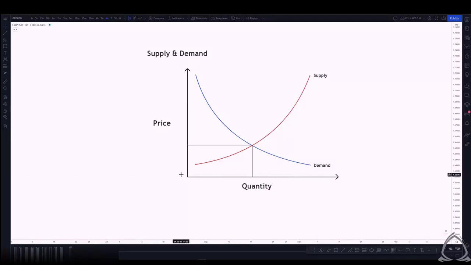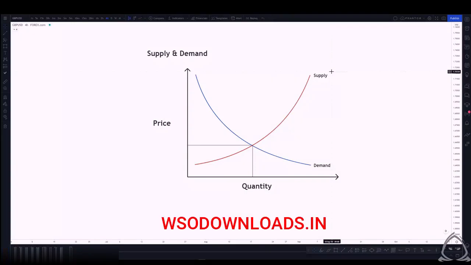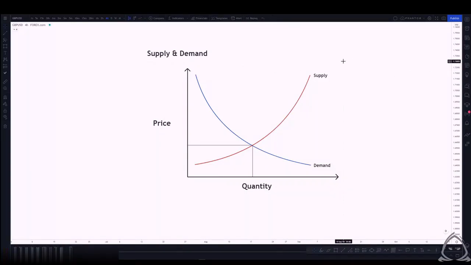And very simply put, as price increases, the demand for a particular commodity tends to decrease. And on the flip side, the supply for that commodity increases. And there's two reasons why it would increase. One being price is high. So when price is high, when you sell, you make more money, so you'll want to sell. And on the other end, since demand is low, supply just ends up being higher because there aren't any active or willing buyers to buy that supply.